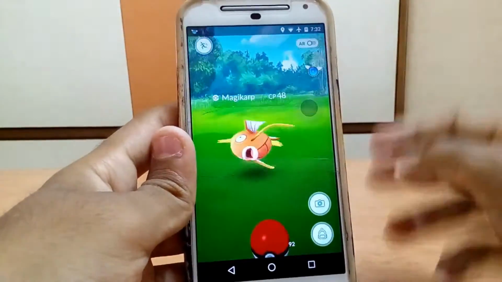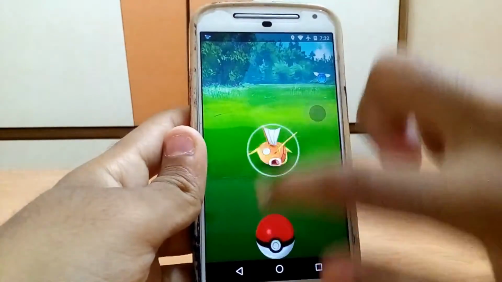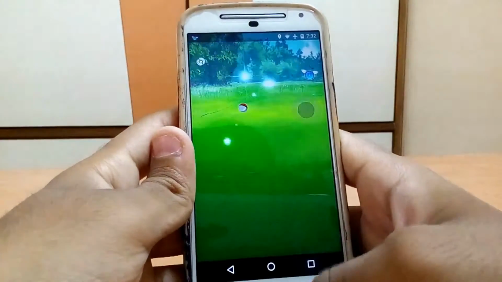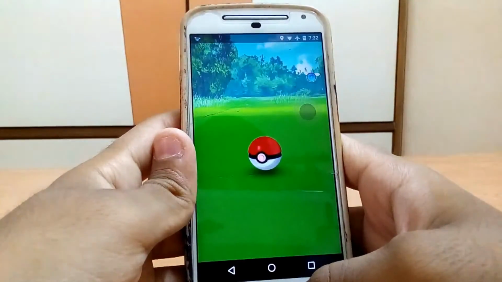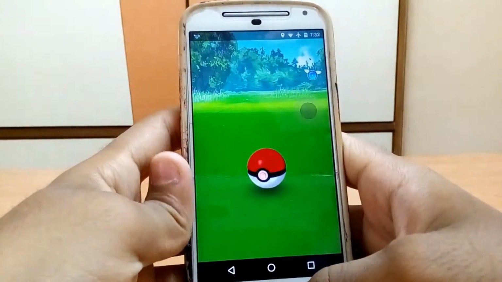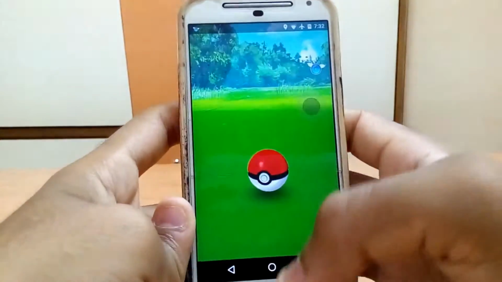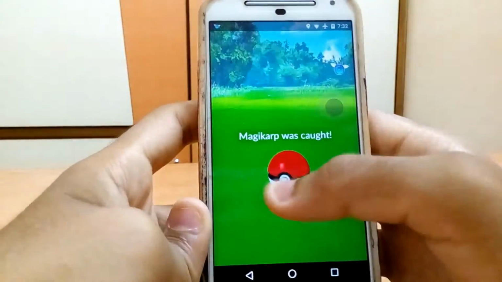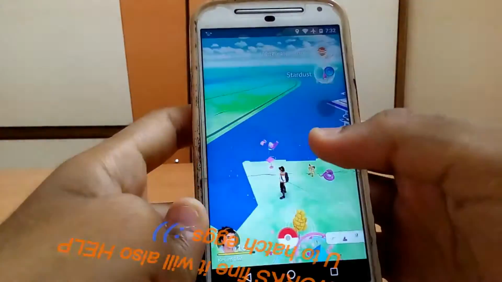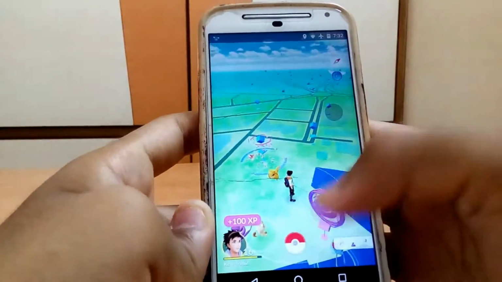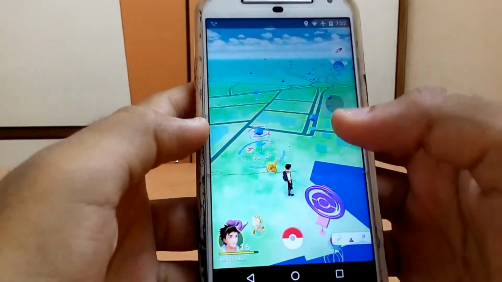I'm not using AR, so that's the best option. As you can see, we can catch Pokemon, and this way you can also hatch your eggs and collect Pokestops quickly.